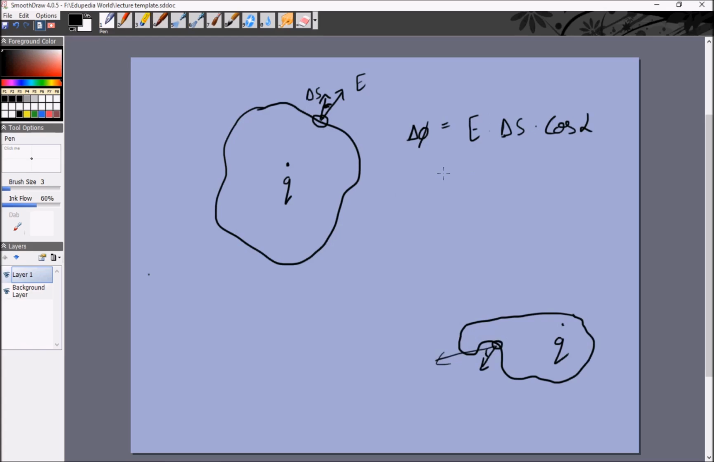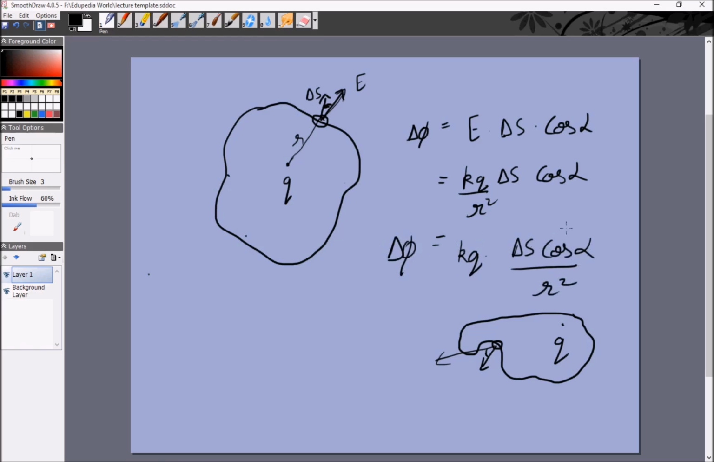So delta phi is E delta S cos alpha. I can write it as KQ by R square delta S cos alpha, right? Because the electric field at a distance r, now this r changes with delta S. If delta S is here or here or here, r is different because this is not a sphere, this is a random surface. But if at this point the distance is r, then KQ by R square will be the electric field radially outwards. So this will be the small amount of flux. We can write this as KQ times delta S cos alpha by R square,